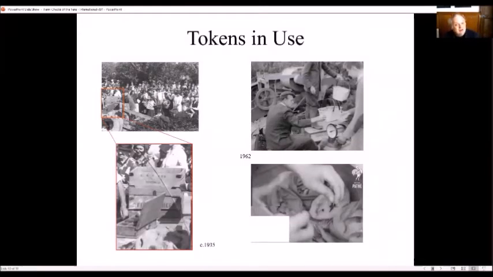I've managed to find two photographs showing the tokens in use. The first one is quite staged. Everybody's smiling for the camera, but in the left-hand side of this image is a wooden box with 8 compartments in it, and each of these compartments would have a set of tokens. I think CFF is the Cambridge Fruit Farms Limited, and they were quite a big landowner, so several farmers were in sort of a conglomerate working for Cambridge Fruit Farms. And we have the people lining up, weighing their fruit and veg in their chips, which is a sort of basket, or wicker baskets, or cardboard boxes, whatever they were picking their fruit into.